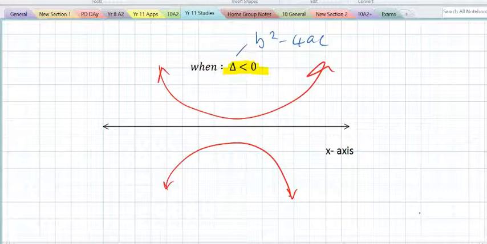Now, what differentiates between these two, except that one's arrow is slightly worse? How can we tell the difference just by looking at the quadratic function? Yeah, good. The leading coefficient, or the number in front of the x squared, will be negative for this one, and will be positive for this. So if you have ax squared plus bx plus c,